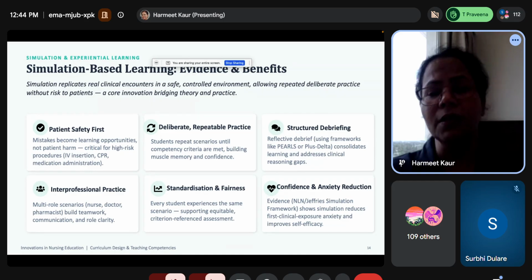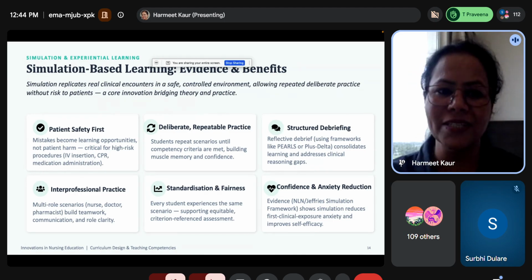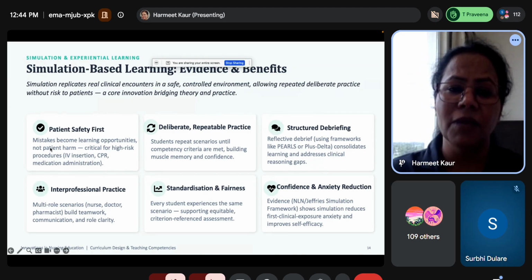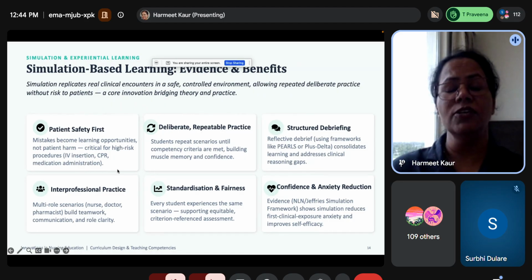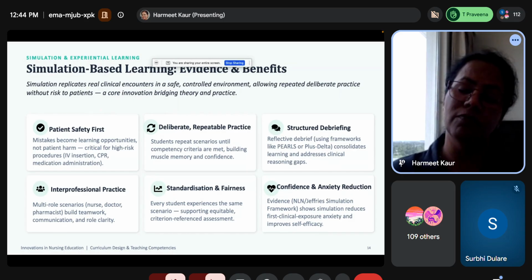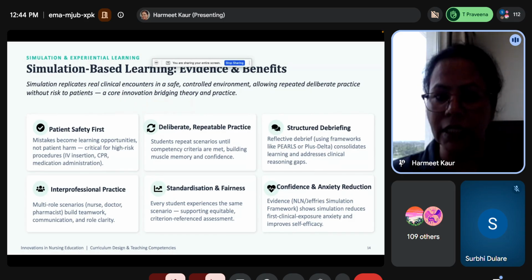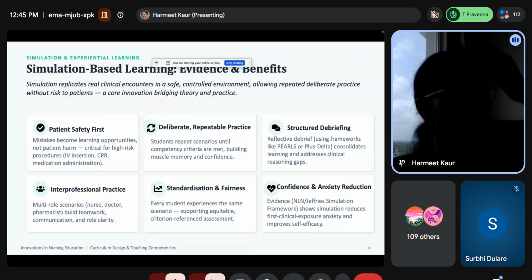We can't simply allow the students to be in a real environment without preparing them, because in simulation mistakes become learning opportunities, not patient harm. There is no room for error when the student is in the clinical area, right? So we need to prepare our students for the critical situations that they can encounter in the clinical area, particularly high risk procedures, like IV insertion, CPR, medication administration. For example, if I talk about CPR,